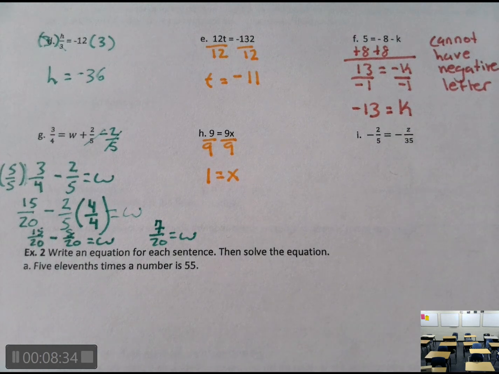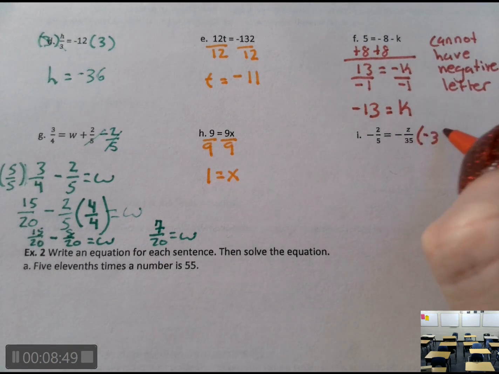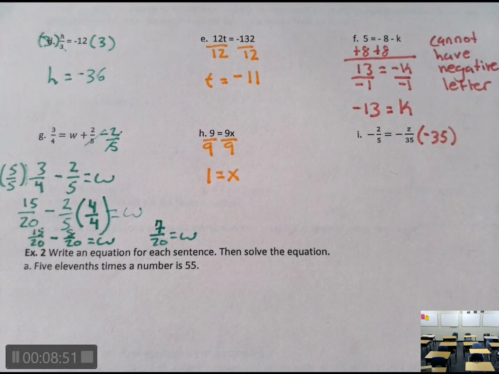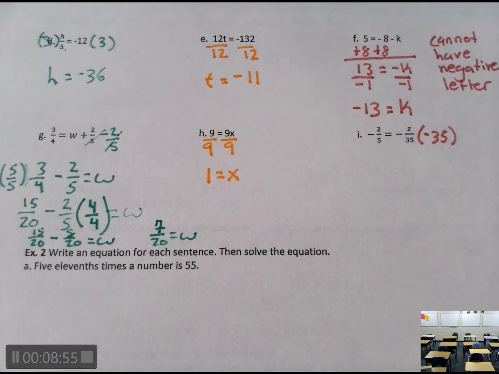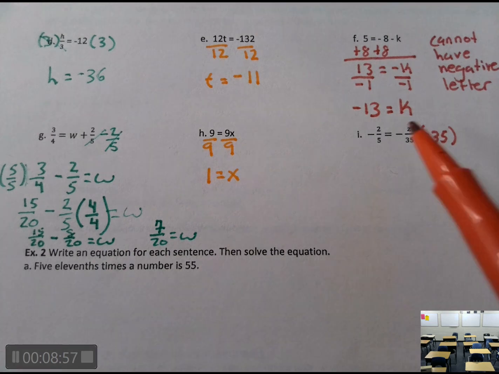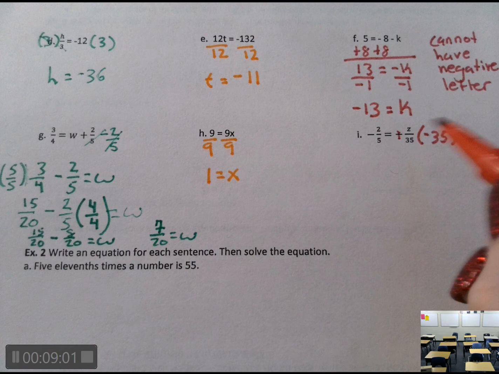And now we're on to I. Negative 2/5 equals negative z divided by 35. So for this one, we will want to multiply by negative 35. Why do I want to multiply by negative 35? Why not just 35? That's right, because I need to make this positive, and multiplying a negative times negative makes